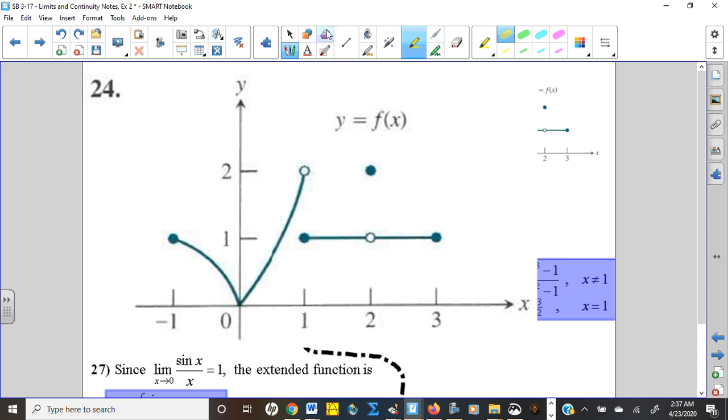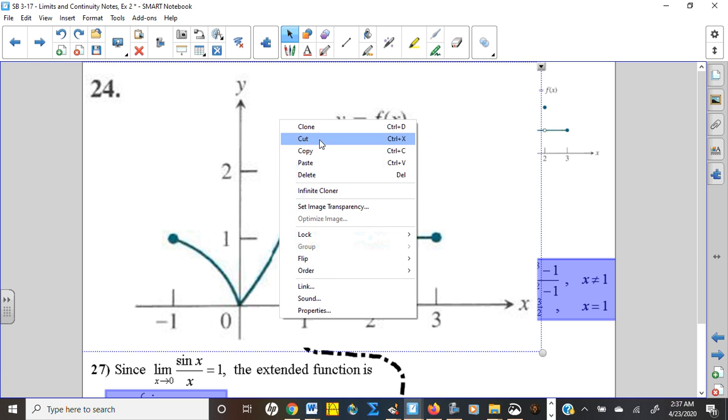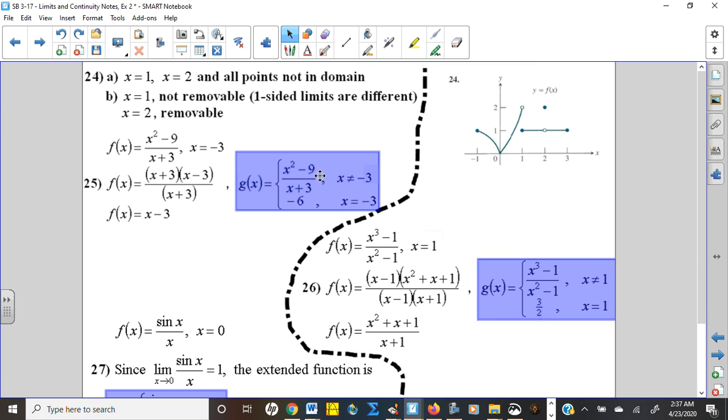The first discontinuity is a jump discontinuity, which is not removable. The second discontinuity is a removable discontinuity, which could be fixed by redefining the height of the function to be equal to 1 at x equals 2. All right,